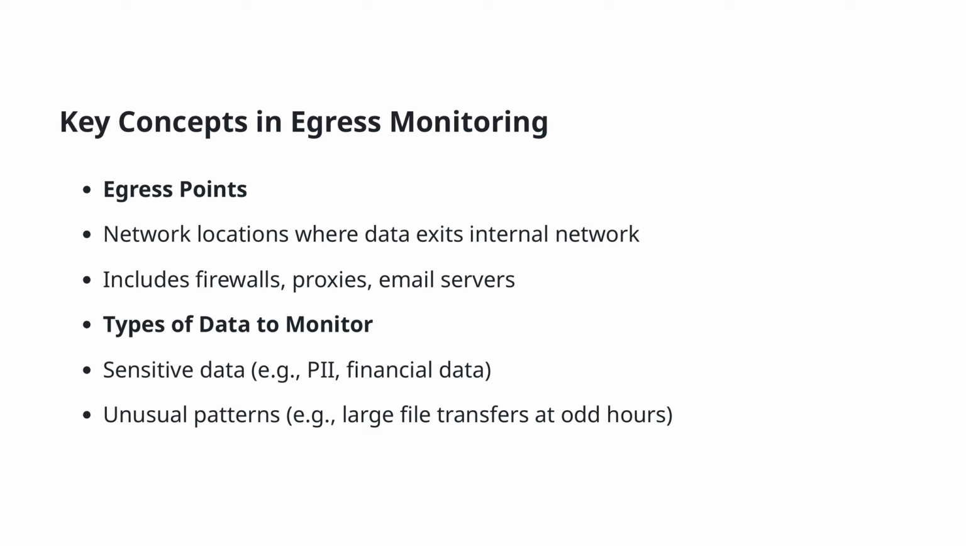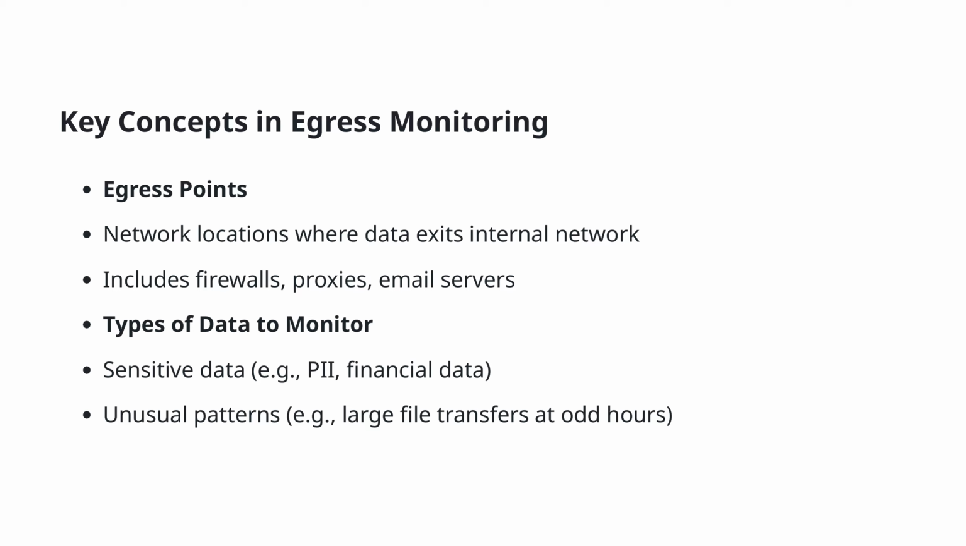Now that we have an understanding of the importance of monitoring outbound network traffic and detecting unauthorized data exfiltration, let's focus on some key concepts in egress monitoring. First, we have egress points. These are the network locations where data exits your internal network. Common egress points include firewalls, proxies, and email servers. Monitoring these egress points allows you to track where and how data is leaving your network, which is essential for